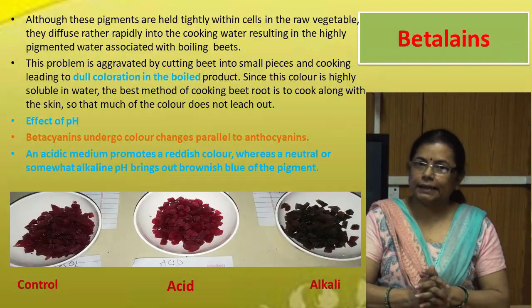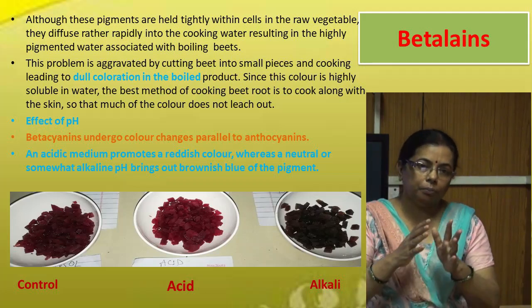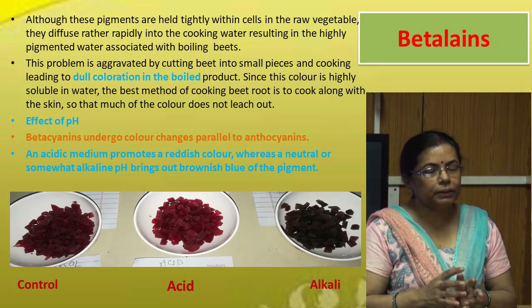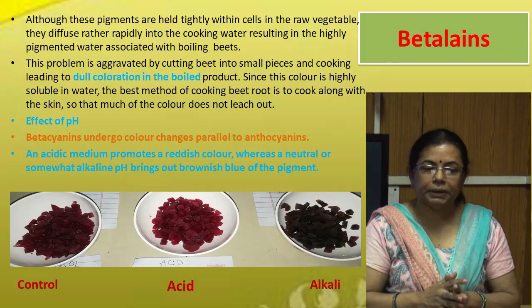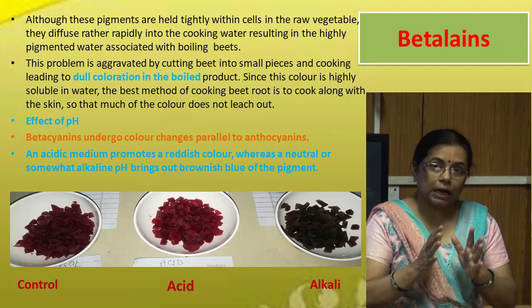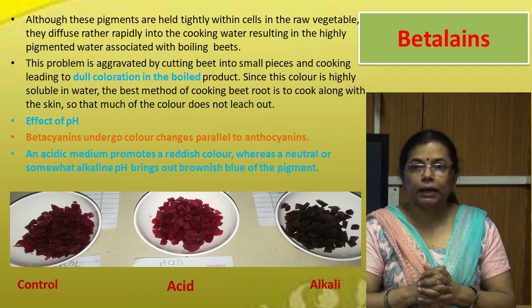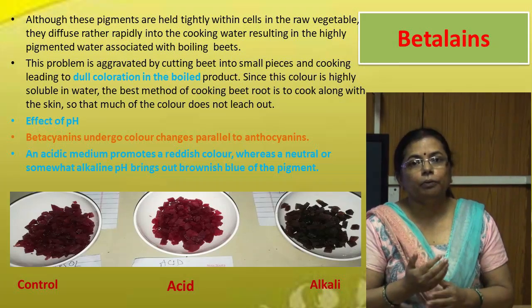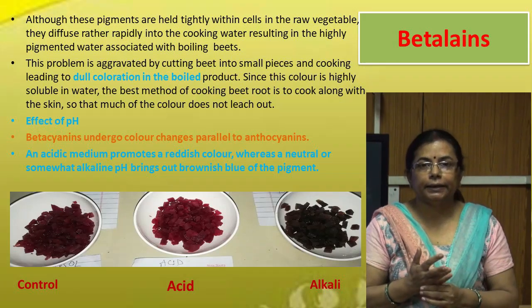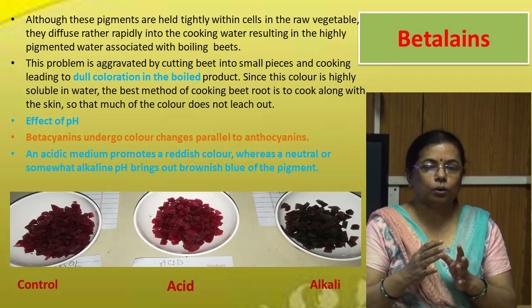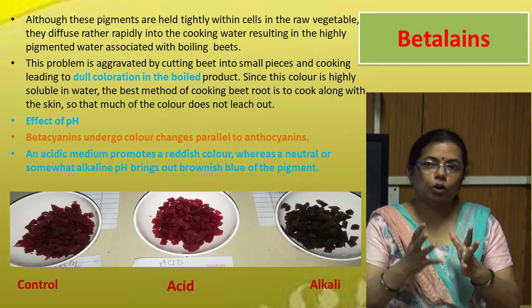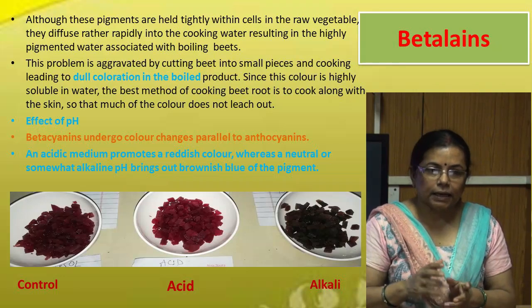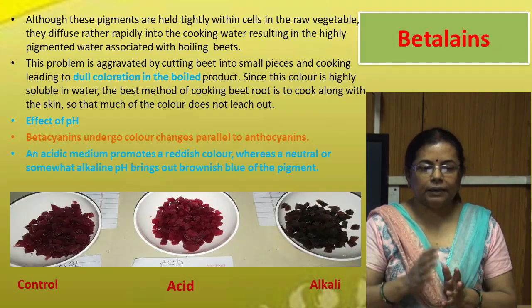Now we will study the effect of cooking on the betalains. As you know, the beetroot color is due to the betalains. But it is highly soluble in water and color is lost through the leaching. When the fruits or vegetables containing betalains are cut and cooked in the water, the significant loss of the color occurs, leading to the dull coloration in the